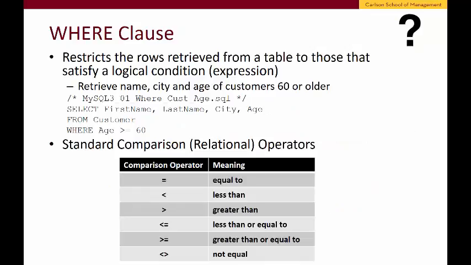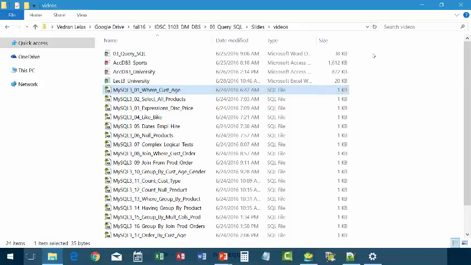Next, we begin our study of the SQL select statement by learning about its where clause. It uses comparison operators to form logical expressions that restrict the results of a query. We will start our hands-on work shortly by navigating to the class folder, 03 Query SQL subfolder, and the lectures subfolder one more level down. So that would be 03 underscore query underscore SQL, and then the lectures folder one level